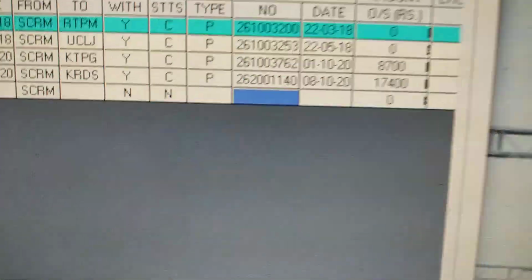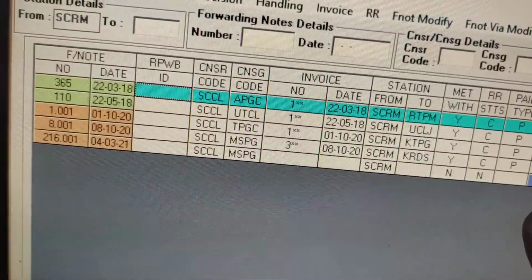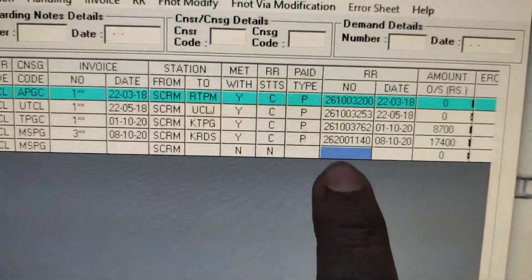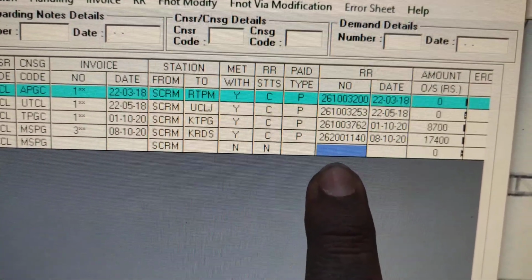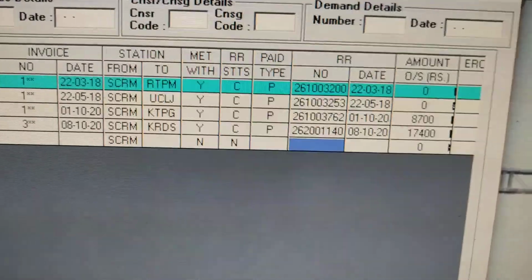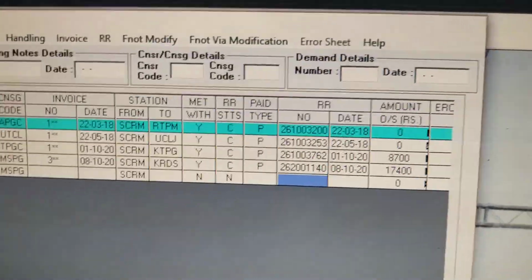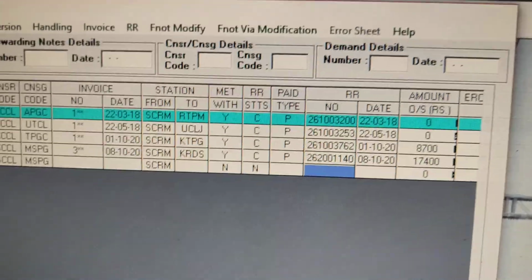See here, previously in the RR number column there was no color. Now the color has turned into the color coding of ETRR.